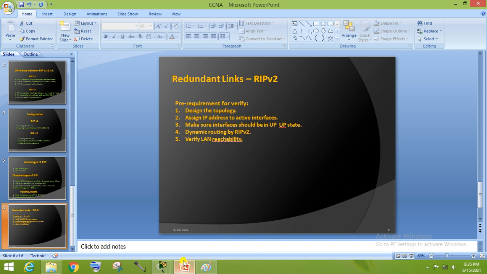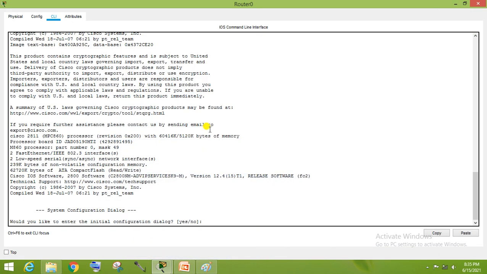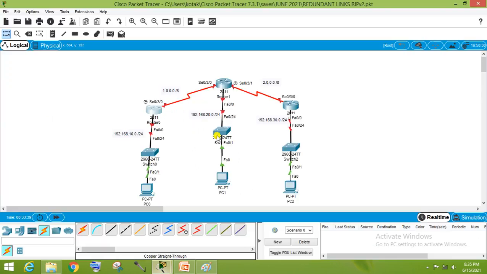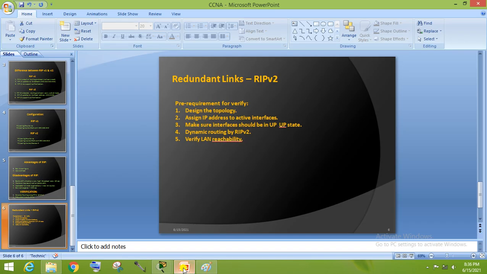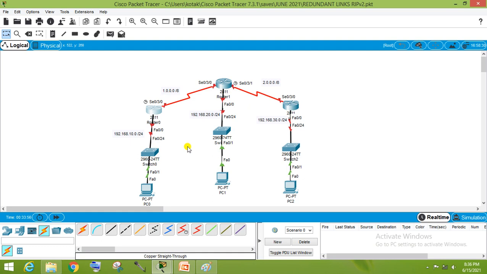So what do I have to do first? Design the topology. I will just make this topology. Later I will add some more routers. First, make the basic topology. Then assign IP addresses to active interfaces. So you have to assign the IP address.